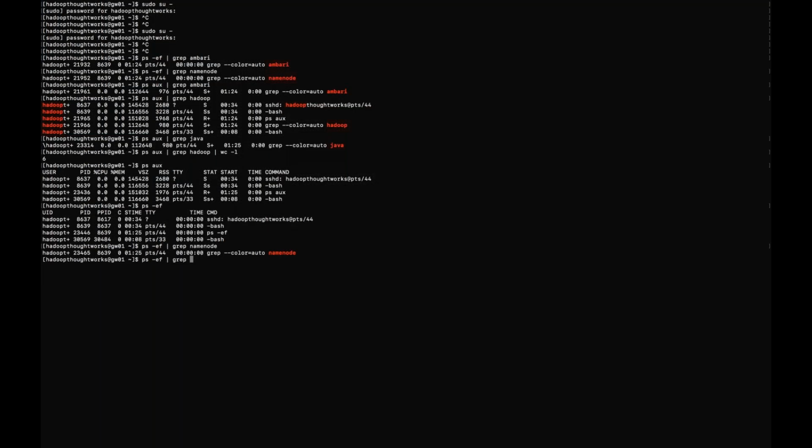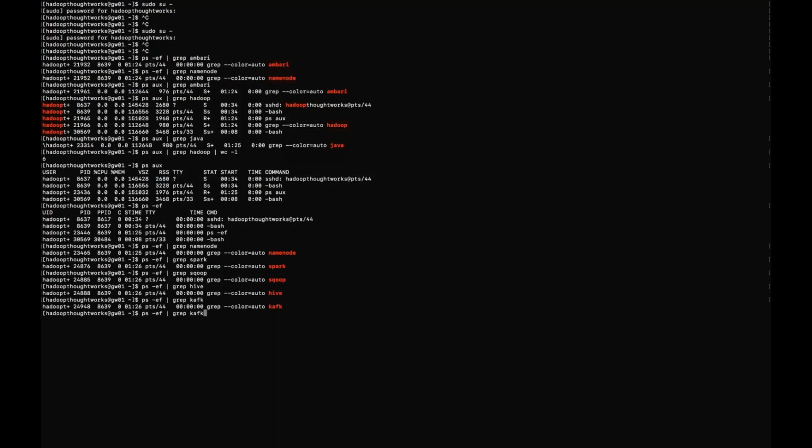What else can I grep? Spark, running. Okay, check for Sqoop running. Check for Hive running. Check for Kafka. Running. Okay, now if you see, check for Hadoop, you'll have many lines, but one thing I want you to understand